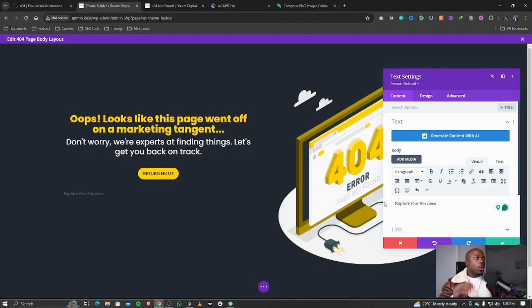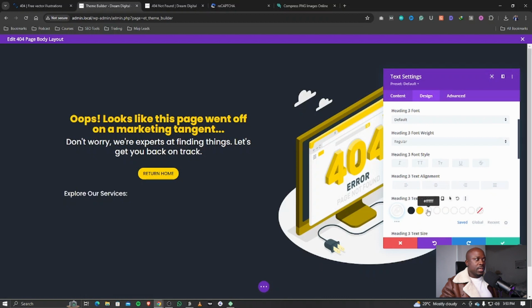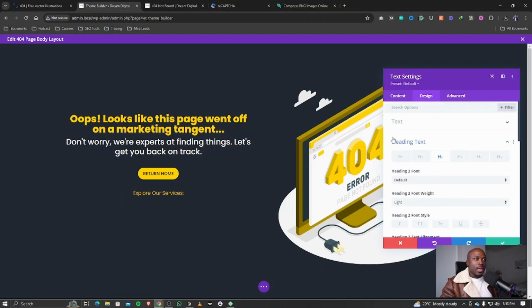Okay, explore our services underneath. This is where we can also link them directly to specific pages. For example, if they were looking for SEO page, and then there will be an SEO text and link underneath this. Okay, so we'll say explore our services, make it H3, go to design, H3 text, let's make it yellow, and we're going to make it lightweight, and let's decrease the size, let's make it 18. Let's center align it,